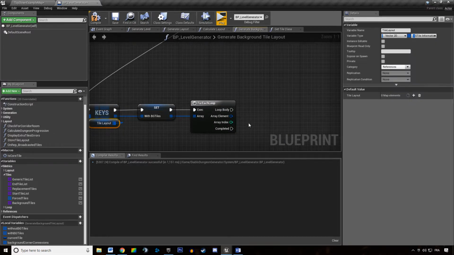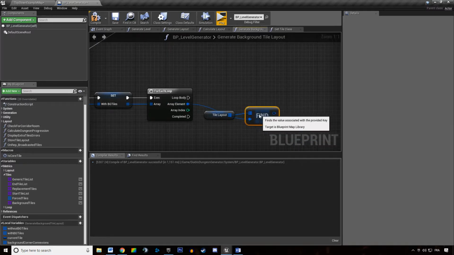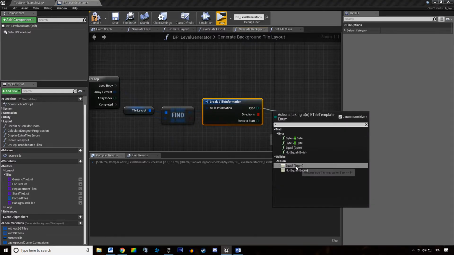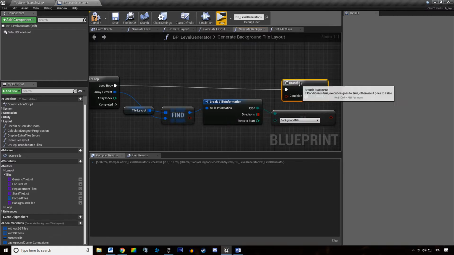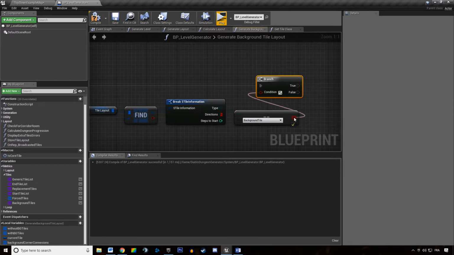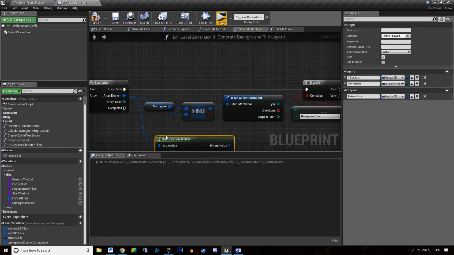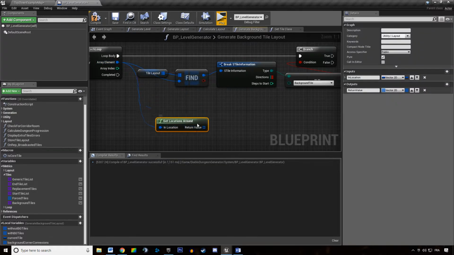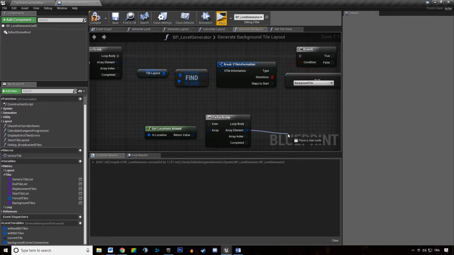If any of these tile is a background tile, we are going to get the locations around. The locations, all of them. If any of this location is,